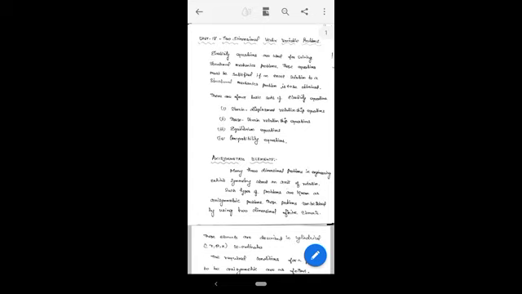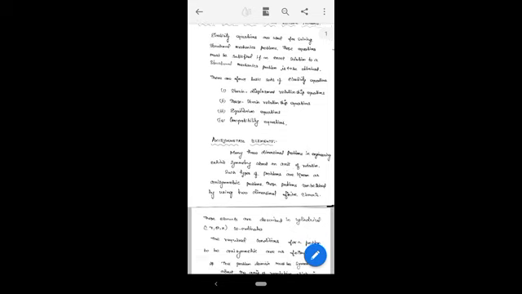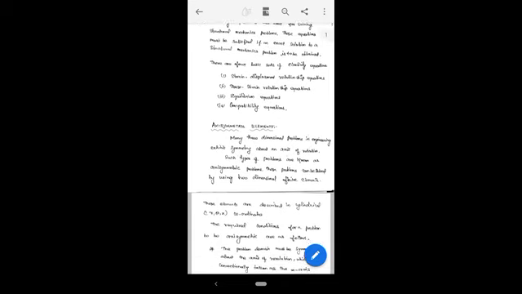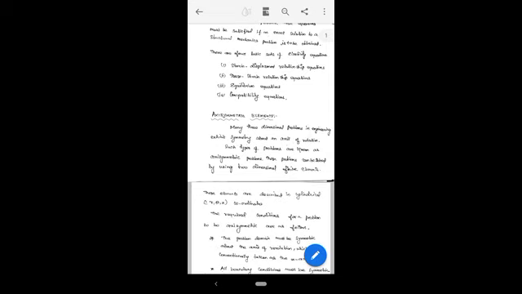Everybody knows that within the elastic limit the stress is directly proportional to the strain. This equation must be satisfied for any structural problem, and then we obtain the exact solution. There are four basic equations: the strain-displacement relationship equation, the stress-strain relationship equation, the equilibrium equation, and the compatibility equation. All four equations we have already discussed in Unit 2 as well as Unit 3.